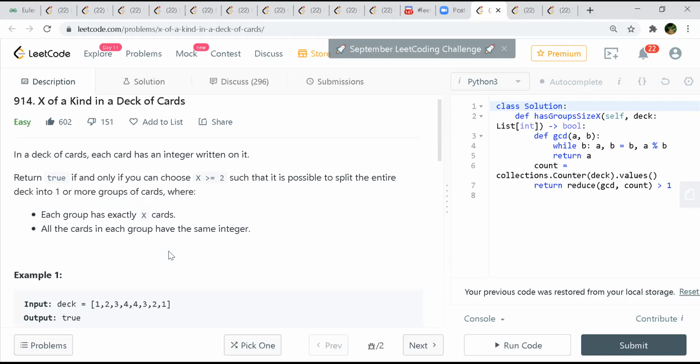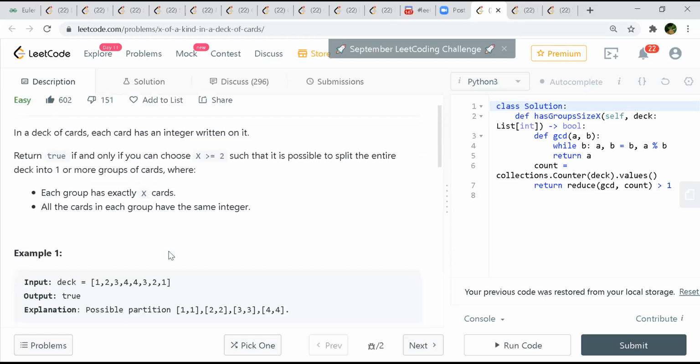Okay, so it is saying that whatever deck you have, you form groups of the same integer values, same values, right? So that is what it's trying to say. And then you find the size of each group, and if they are all equal and greater than or equal to 2, you return true, right?